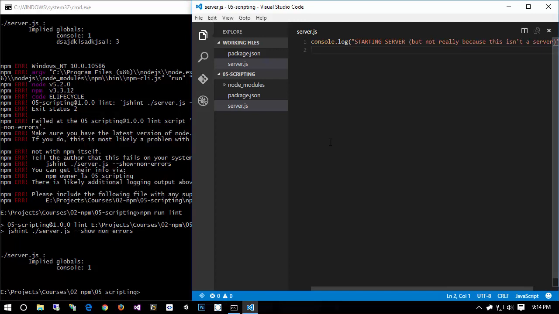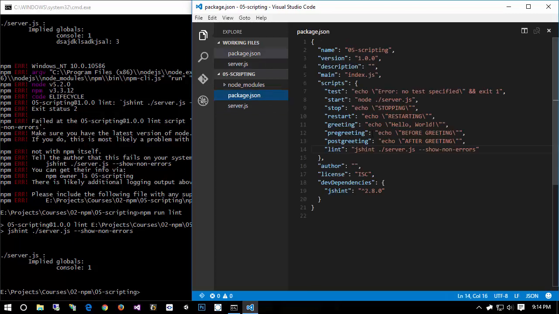Anyway, I fully encourage you guys to go check out JSHint and read about it. For now, that's out of the scope of what I wanted to do. Primarily, I just wanted to familiarize you guys with NPM scripts. And the reason for this is mostly for your ability to read other people's packages. Personally, unless you're hooking into test, start, stop or restart, in order to take advantage of external environments such as hosting providers or continuous integration that expect you to have those specified,